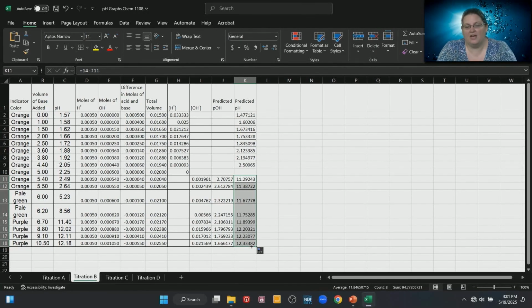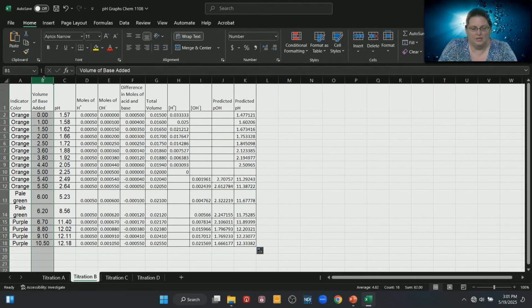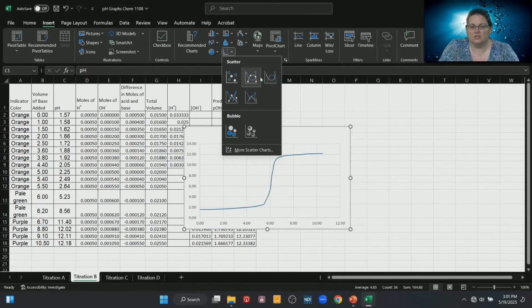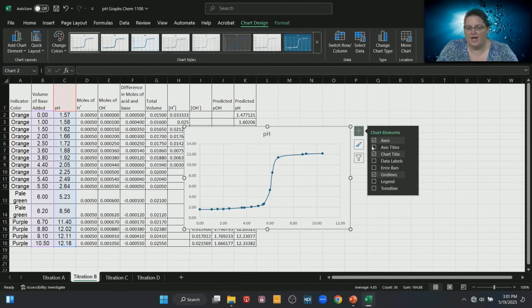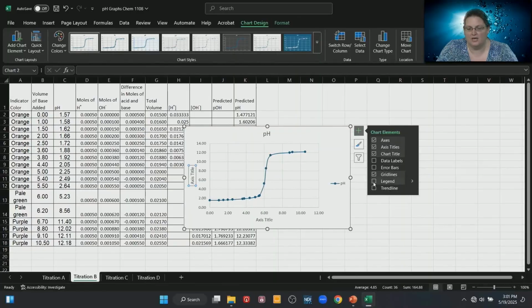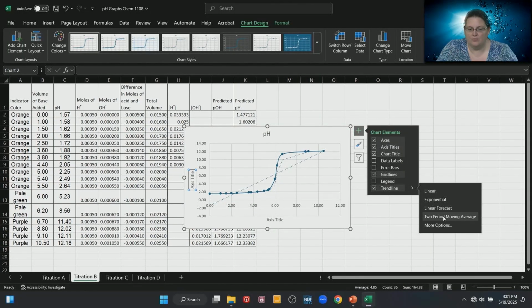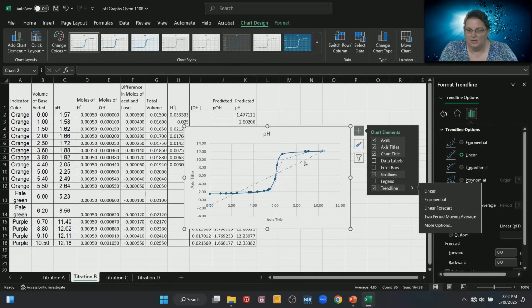So now all you have to do at this point is plotting. Insert, you're going to select your column, which in our case is going to be the volume, column B. We're going to hit Control C, and then we're going to hit Insert, Charts, Scatter Plot with the line. And then of course we can change by adding axes, axes titles, chart title. And then if we want to do the trend line, we can do the 2-period moving, and it gives us the difference. If you get that extra line on there, you can just click on it and hit delete, and